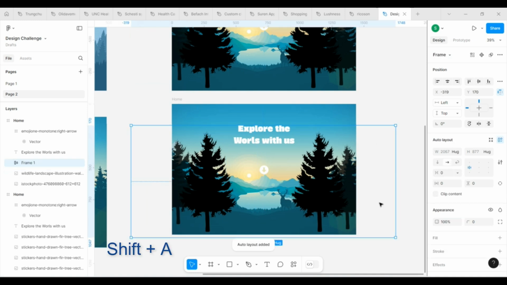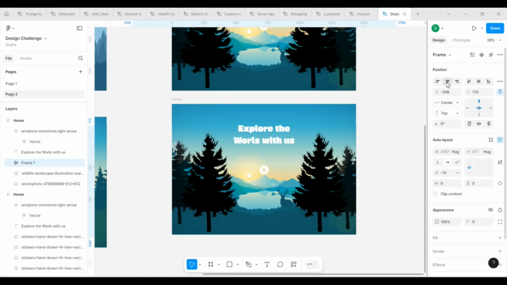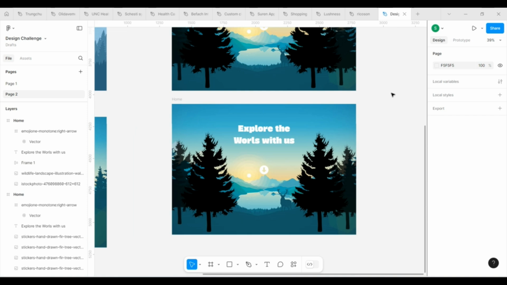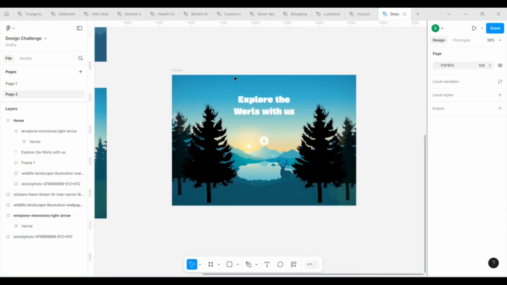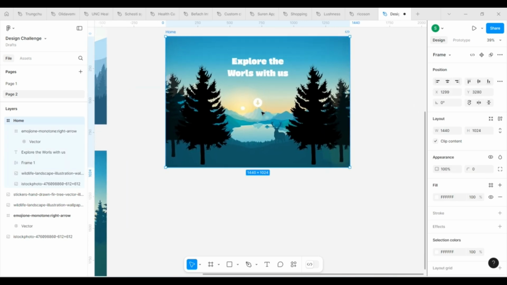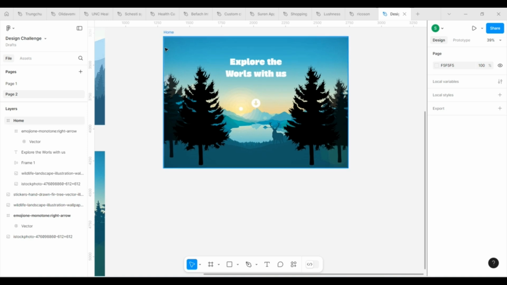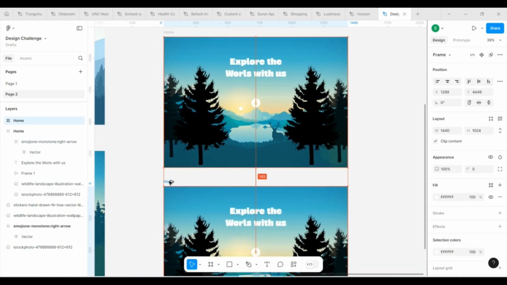I am applying auto layout after grouping both sides of elements separately. Now duplicate the screen, and move elements outward from the screen by increasing the gap between them.